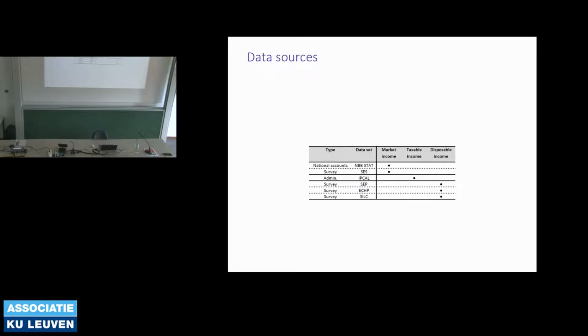And then what kind of data do we have? What kind of data, in fact, have been used by people to answer these questions? First of all, and I'm going to talk more about it when I'm showing you the results, there is macro data from the national accounts. That can be used to say something on a more aggregate level about how the market income is divided over the different categories, income from labor and income from capital.